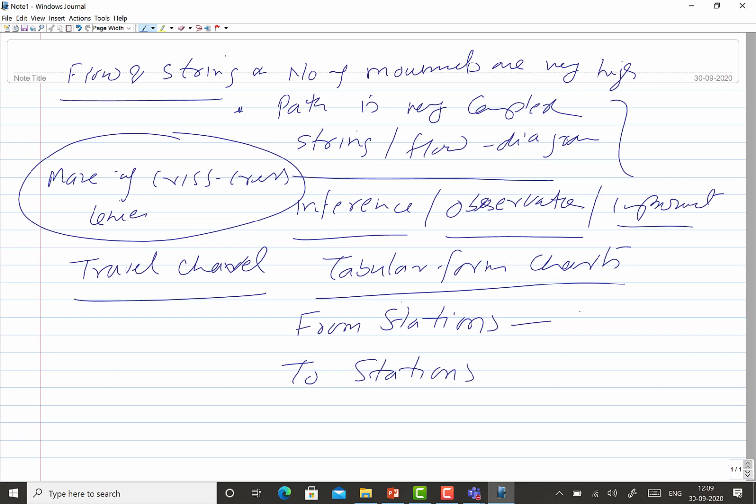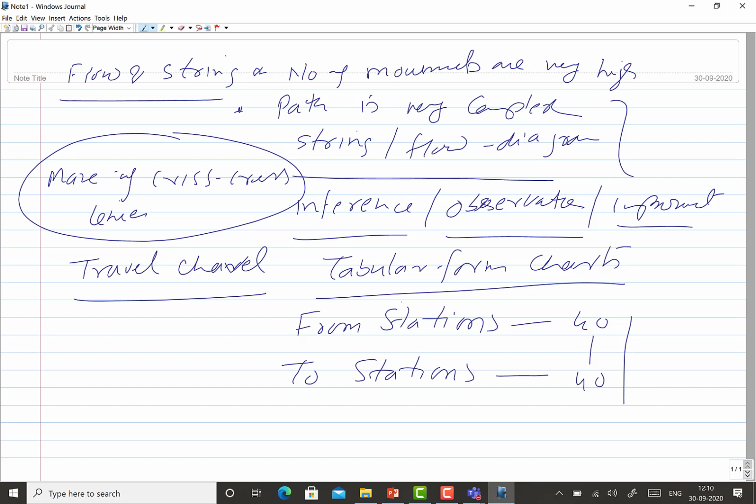Whatever the movement taking place from one station, it will be ending somewhere. So in general, the from movements are almost always equal to the to movements when the journey is completed in a particular path. There can be any number of movements, any crisscross movement, that can be easily presented here to make some meaningful interpretations